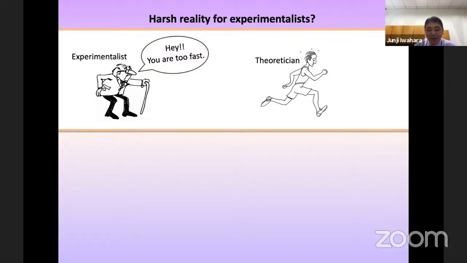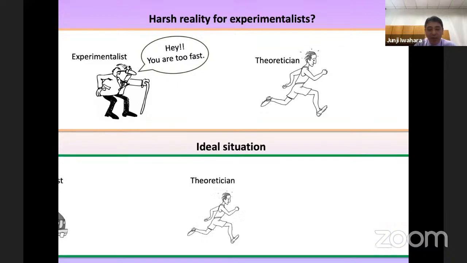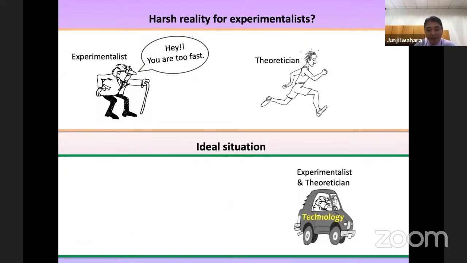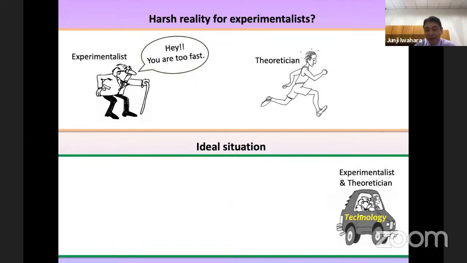But in an ideal situation, we experimentalists can come up with a technology, and with the technology, both experimentalists and theoreticians can make progress together. That's an ideal situation. And this webinar series is really ideal for that. I mean, it is an ideal catalyst for that because both theoretical people and experimental people are joining and discussing